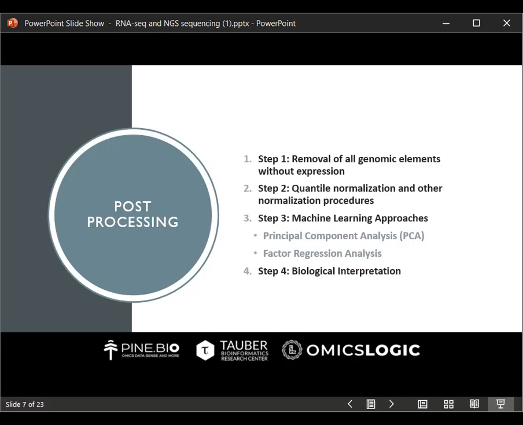Now, we need to understand that in a PCA plot, the genes with the largest variation between the samples will have the most influence on the principal components. So the genes that are much more highly expressed in one condition or group than another condition will have a higher degree of influence on the principal components. So this is what we understand by PCA analysis and quantile normalization.